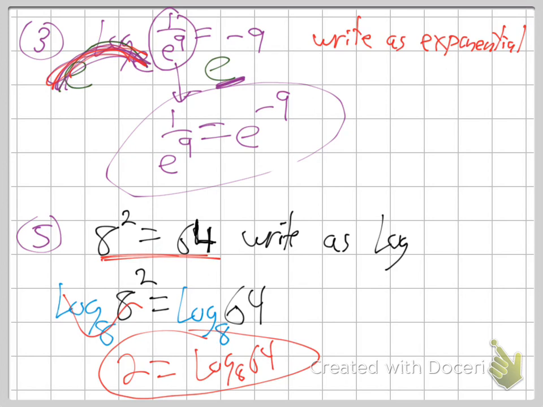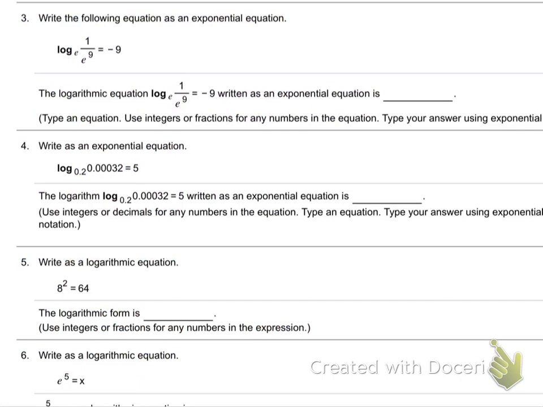Is this making sense? So if you have a log, you power both sides and it cancels. If you have powers on both sides, you log both sides. So these are antidotes, aren't they? If you have one, you do the other, and they cancel each other out. Let's try